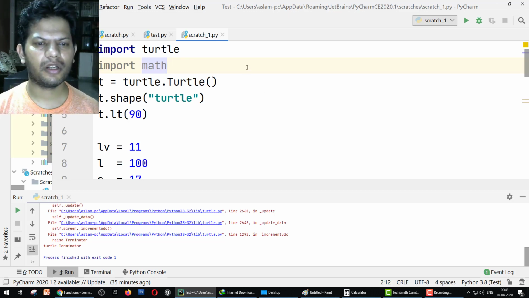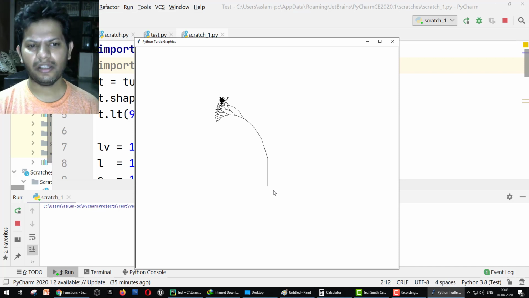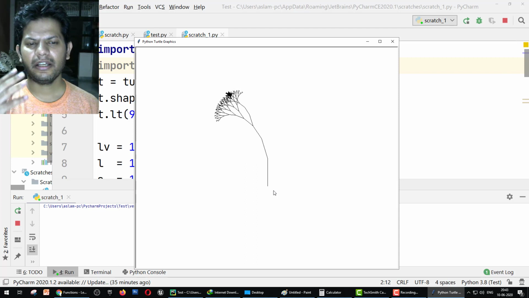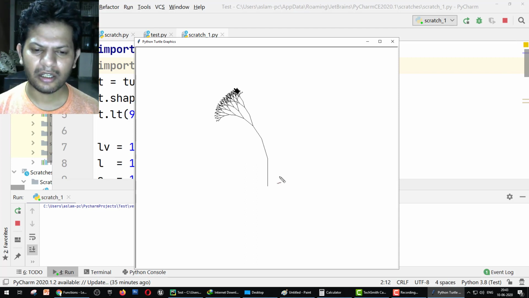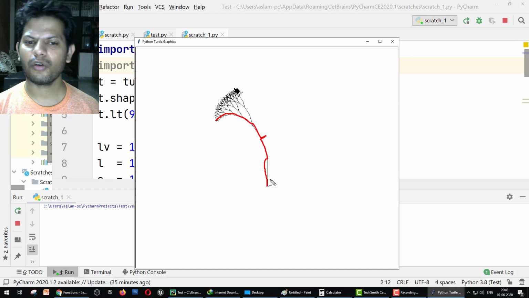Today we have to learn this type of drawing in Python using the Turtle module. In this drawing, this is a tree. This is a factorial tree, and in this tree you can see here, first of all, he draws a straight line, then rotates at some angle, then rotates, then rotates, then rotates. It means he rotates and moves your pen forward some steps.